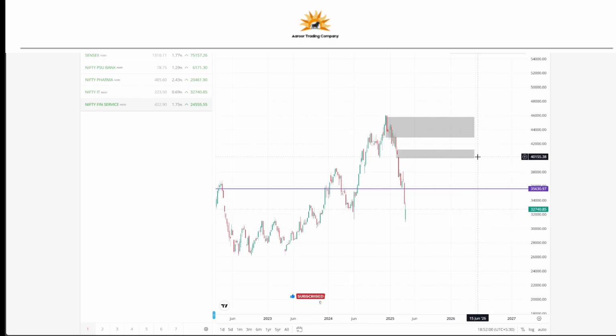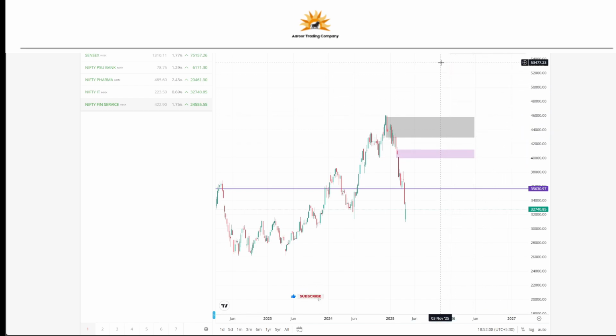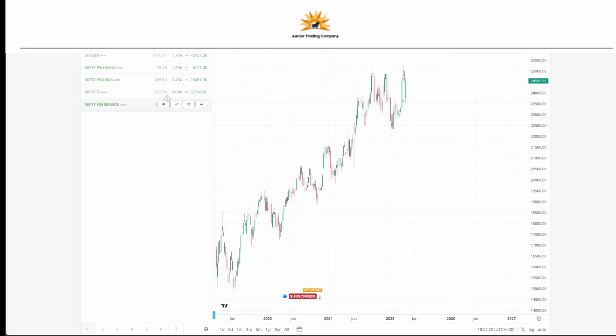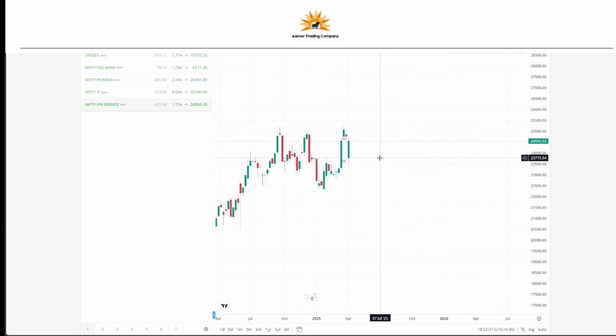I am expecting the market should test this important zone. So this is an important zone of the market, in the range of 39,945 to 41,202. So this is an important level for the IT sector. And when we see the financial sector, so I'm expecting